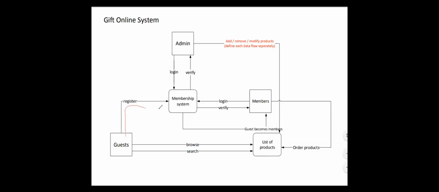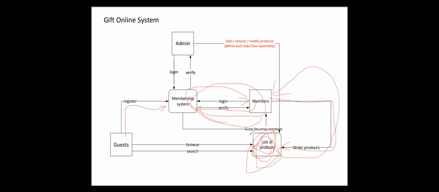So if the guest wants to do something with the system, such as ordering the products, they need to register to the system. They need to get verified. Once they attempt to log in, they get verified. This could be done the opposite way, actually, because you log in, then you get verified. Once this is done, they can order the products with this system. So they can order and they can even get a response such as order received and so forth.